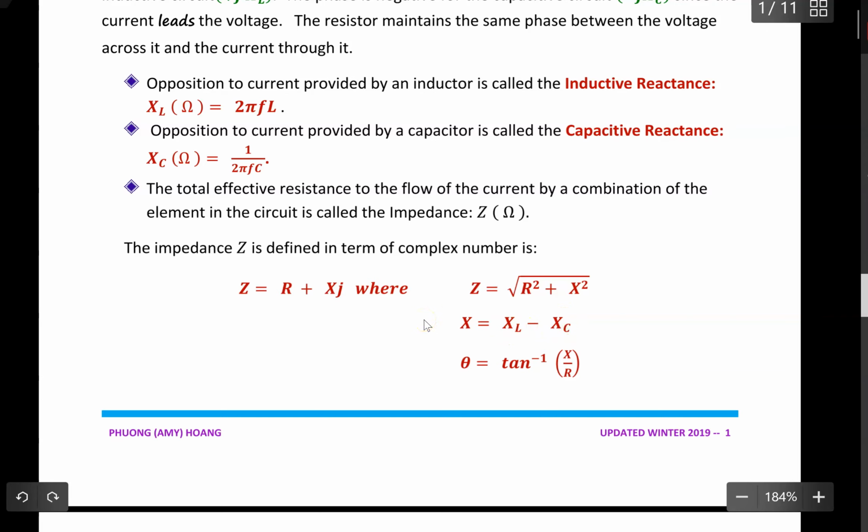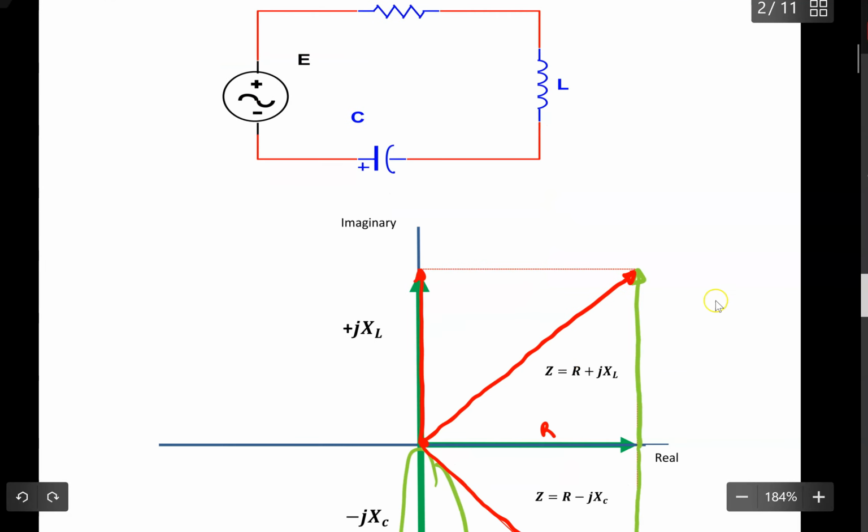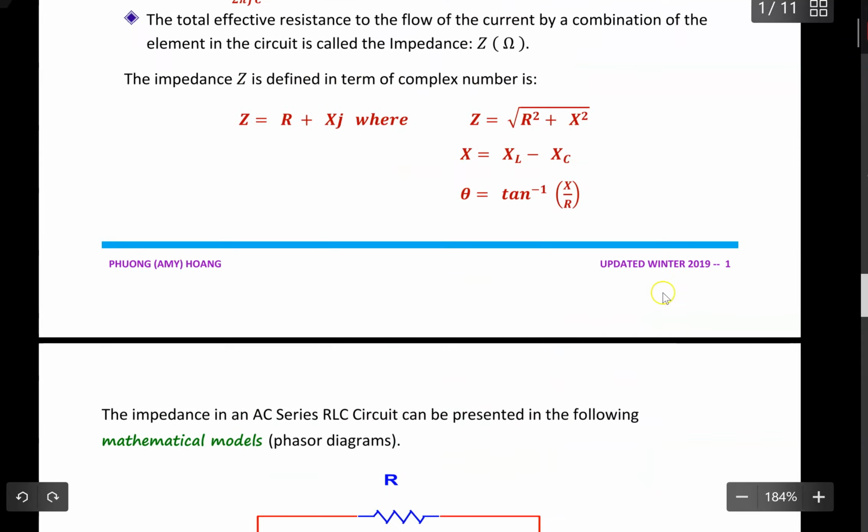Using the Pythagorean theorem, you can see that Z will be equal to the square root of R squared plus X squared. So let's get back to that diagram. You see here it is more like a right triangle, and the Pythagorean theorem indicates that if I want to find the magnitude of this Z, I have to take the square root of R squared added to X squared. Alright? Okay. So to calculate the argument or the angle, I have to use these formulas,